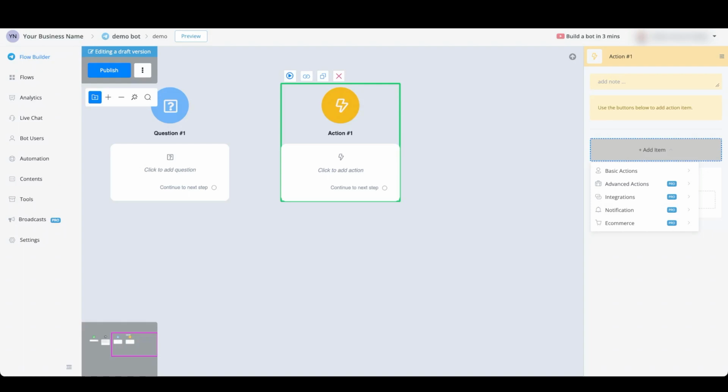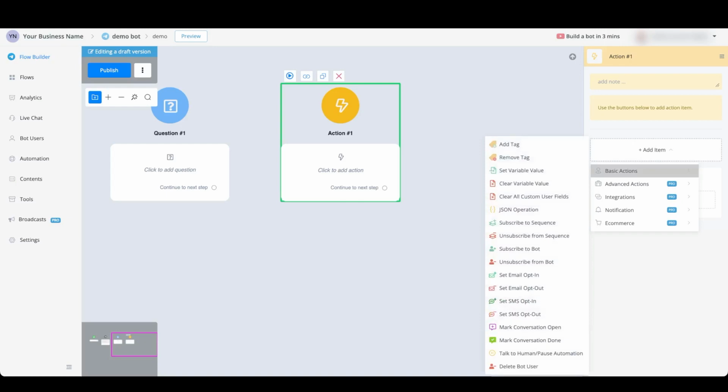If you hover over the basic actions, you will be able to add or remove a tag. You will be able to set or clear a custom field. You can also clear all the custom user fields at one particular time. You will be able to do a JSON operation, subscribe a user to a sequence or unsubscribe it,